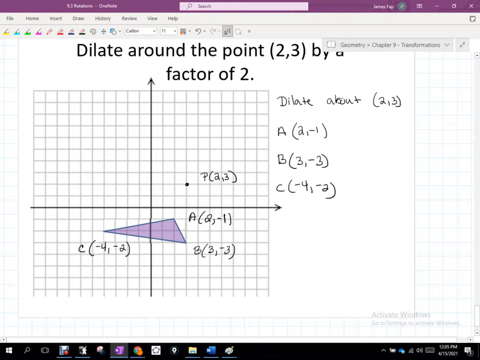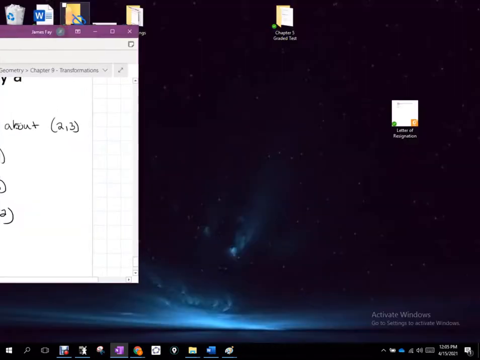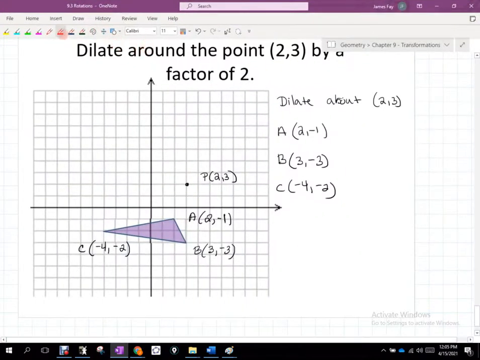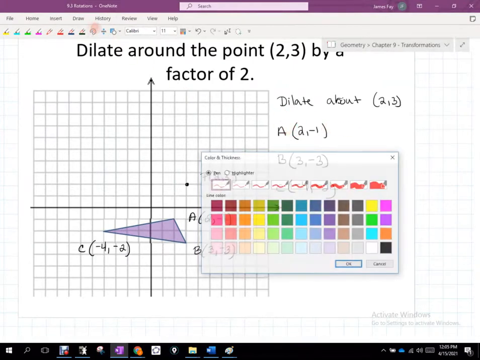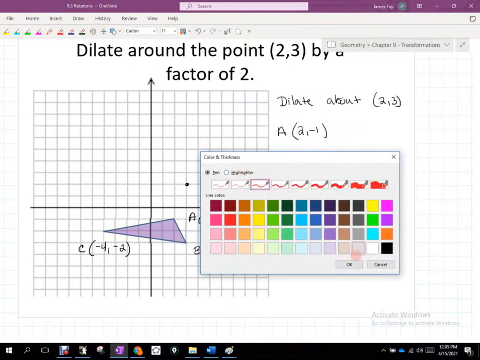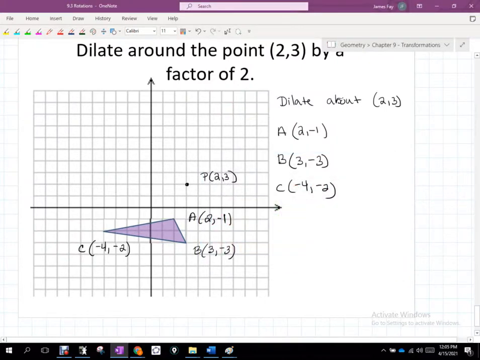So what we have to do is a process that actually kind of fools the system. I usually use a different color to do this, to help me organize my work and realize what I'm really doing here. We're going to draw a new axis. A lot of times you hear me call it a pseudo